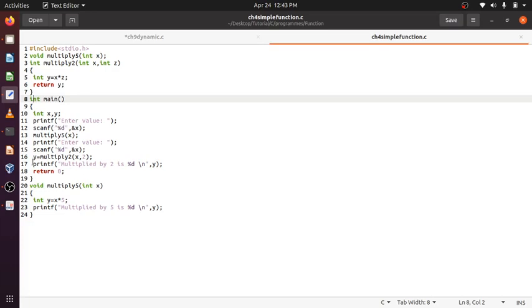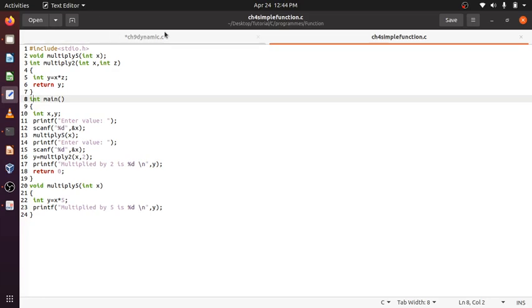Suppose I run this example, this variable I within multiply 2. Here I have called multiply 2. Control came here, int y. This int y will be created in the stack.